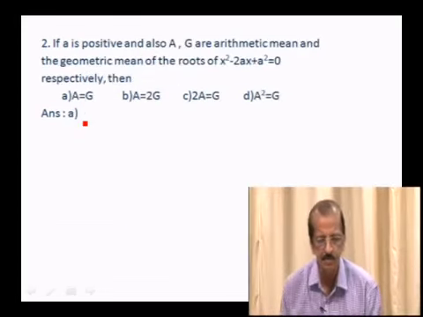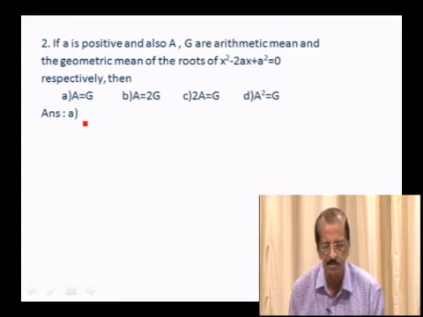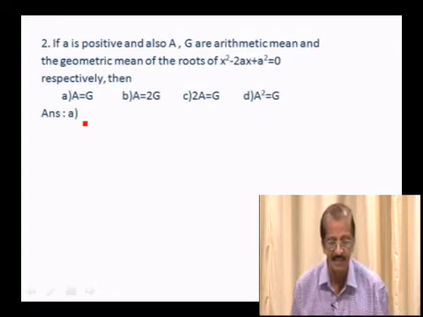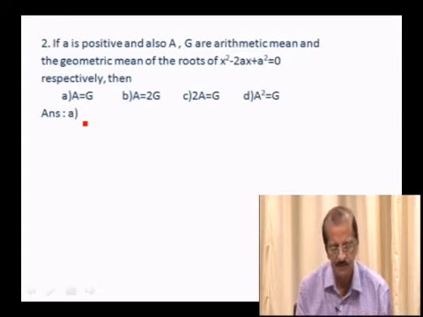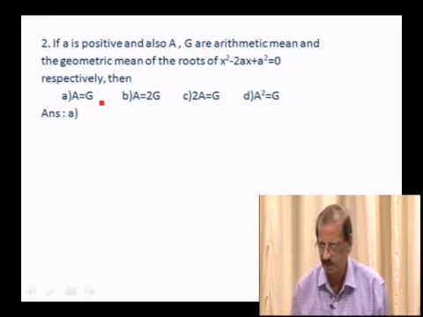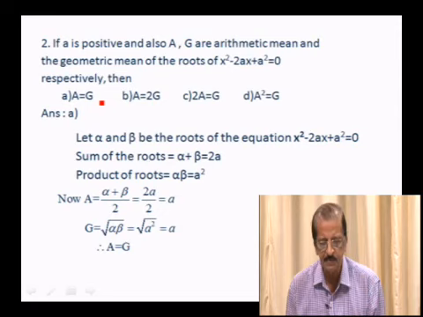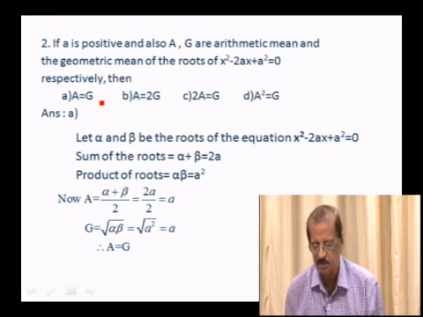If A is positive and also capital A, G are the arithmetic mean and geometric mean of the roots of x square minus 2ax plus a square is equal to 0 respectively, then what is the relationship between A and G asked? We find that the relation is A equals G. Let us work out this problem. So, let alpha and beta be the roots of the equation x square minus 2ax plus a square is equal